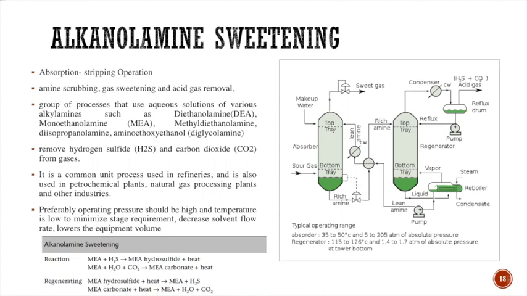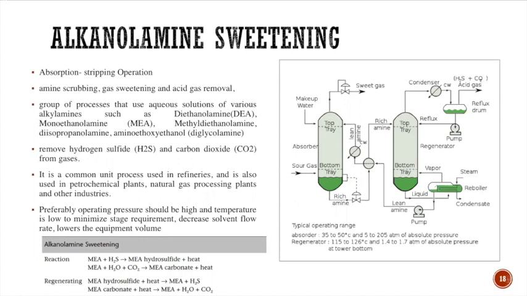This is a chemical absorption process, where you can see in the first column, which is the contactor, the first separation is taking place by absorption, and there is a stripping operation. Stripping operation is nothing but a regeneration operation. So whatever amine we are using in this process will be regenerated in a second tower, right? Therefore this is called an absorption stripping operation. Absorption is a separation process, stripping is a regeneration process, right? It is also sometimes called amine scrubbing, gas sweetening, and acid removal process.